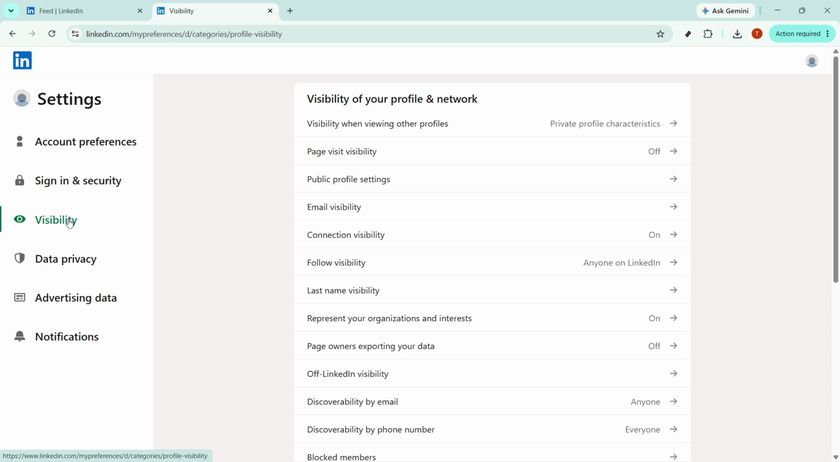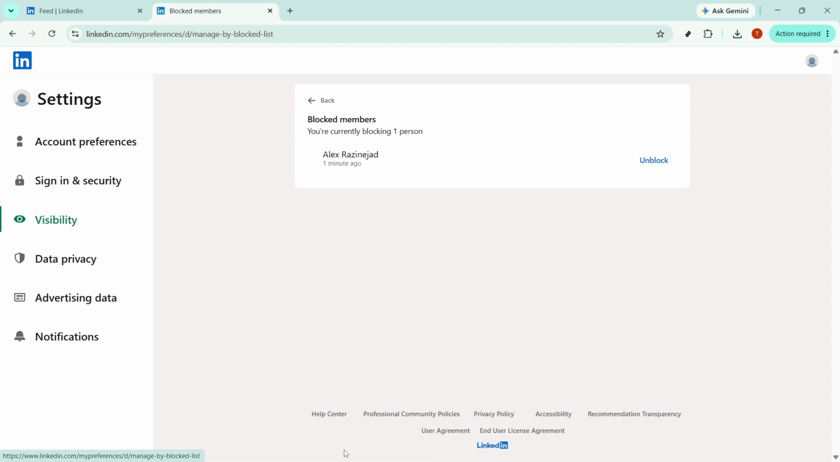Next, look for the option labeled Blocked Members and click on it. This is where LinkedIn shows the list of accounts you've blocked. Once you open it, you'll be able to review the members currently on your block list. If you were trying to verify whether someone has been blocked, this is the page that will give you that